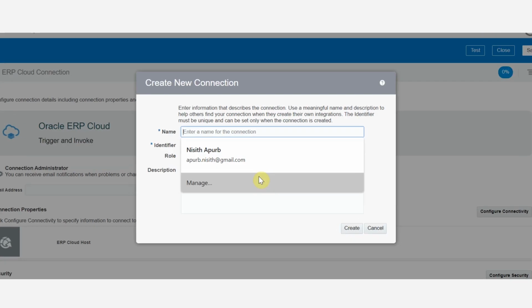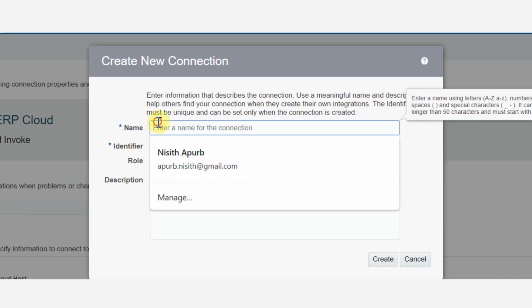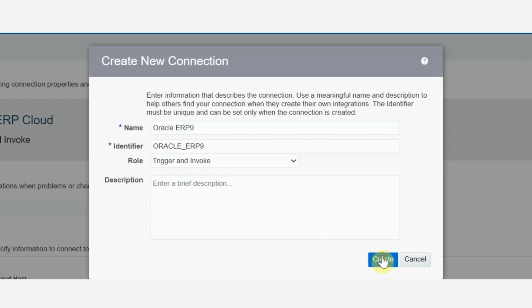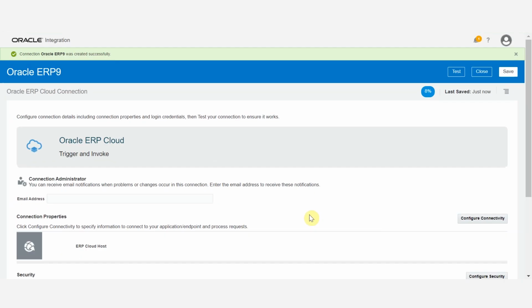You will be prompted to enter a name. Enter ERP Cloud in the name section, and the identifier will auto-generate. Leave the role as trigger and invoke. Click the Create button. We now have to input the credentials for our Oracle ERP Cloud connection. This consists of a connection URL and a security credential.